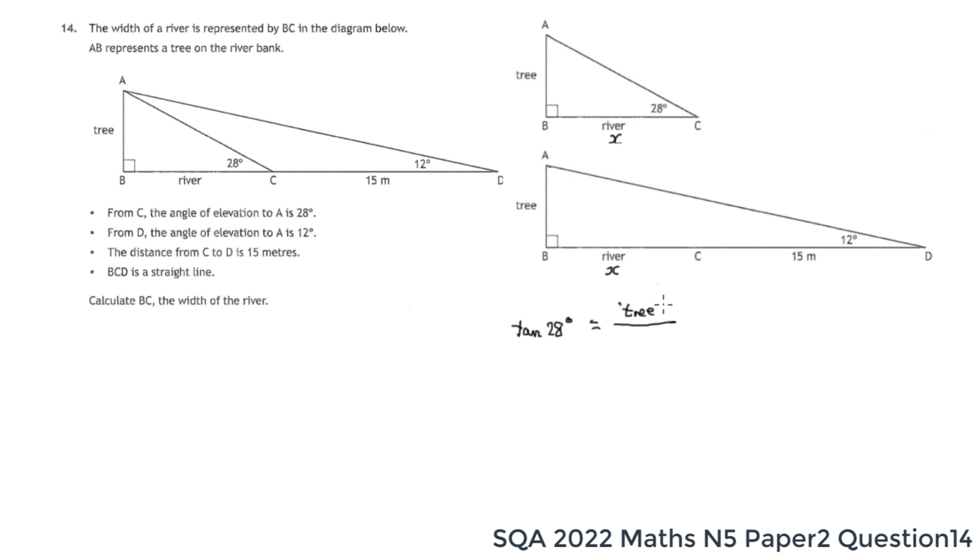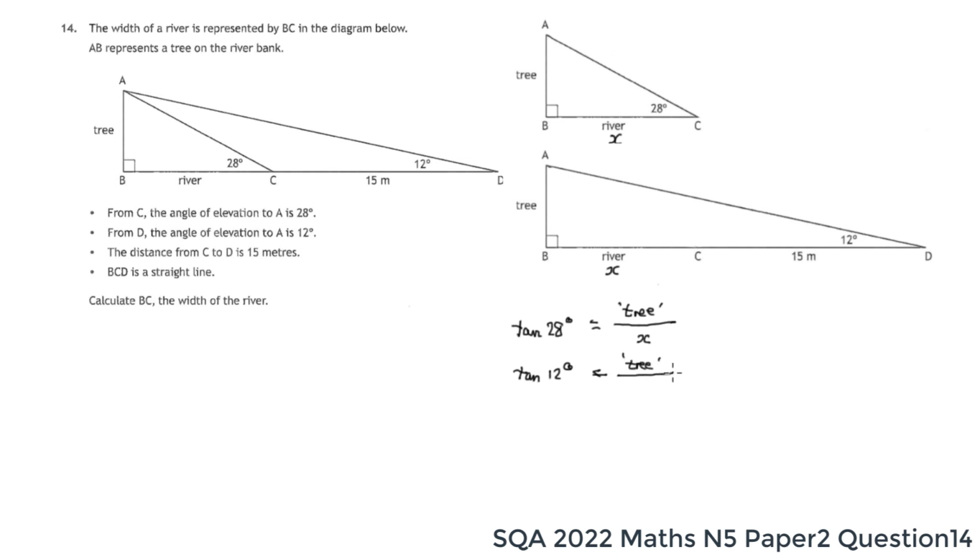Maybe put wee quotes around it, unconventional use. Tree over x. And in this triangle, let's look at tan 12, and again that's the length of the tree, or the height of the tree,